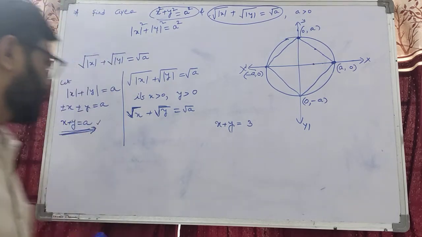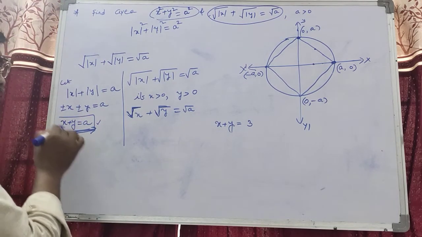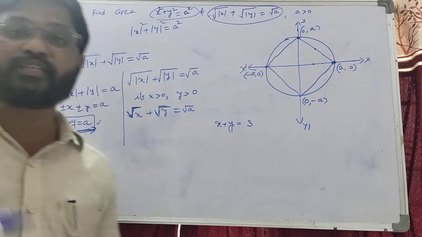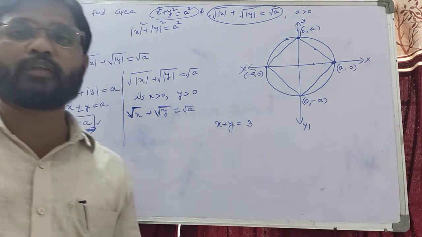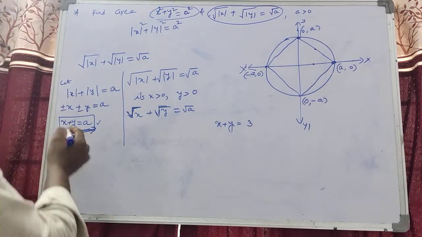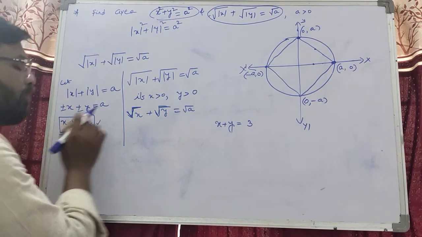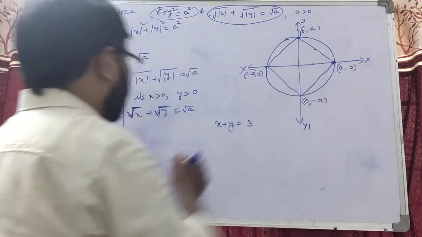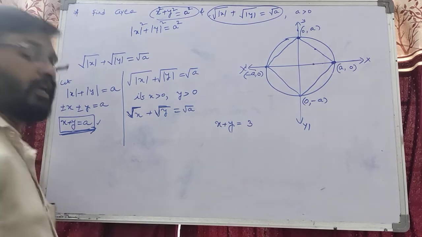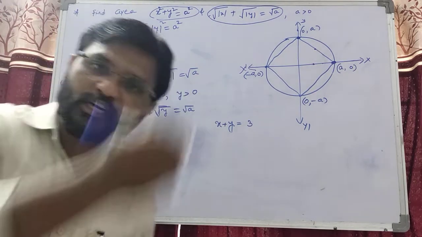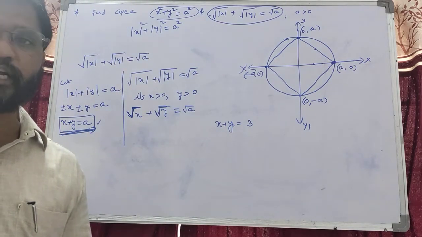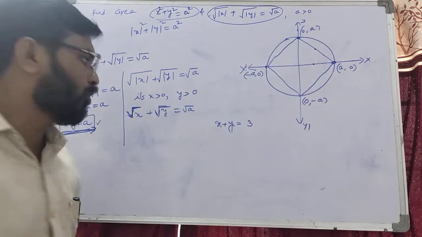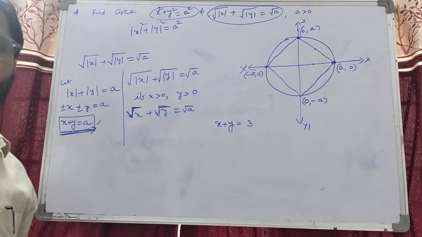Suppose we write here x plus y equal to a. We know from the lower classes that it is a straight line. The first degree equation represents a straight line. That's why you can take x and y as 0, that is (a, 0) and (0, a), and we can draw the straight line. If you know the graph of root x plus root y equal to root a, undoubtedly you can write it. Okay students, we know the circle graph and the line graph, but we don't know the graph of root x plus root y equal to root a.